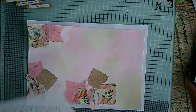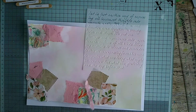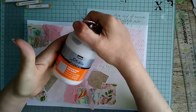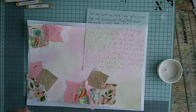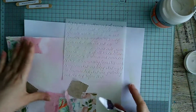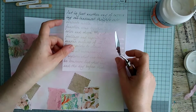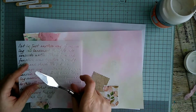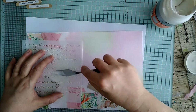Right, now I've got a new stencil here, which is a script stencil. I might try that, and some modelling paste, high density it says. I have used this I think once before, I can't remember what it's like, so let's have a look and see. Now think about this, Stephanie, because I'm probably going to end up with some over here, but I don't want to get my stencil in a mess, so I'll perhaps put some down here. I've no idea if this will work, so